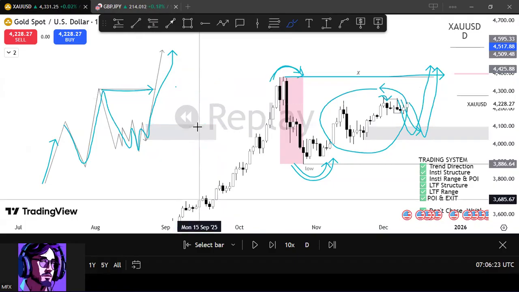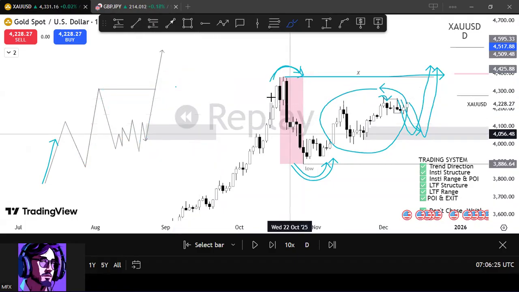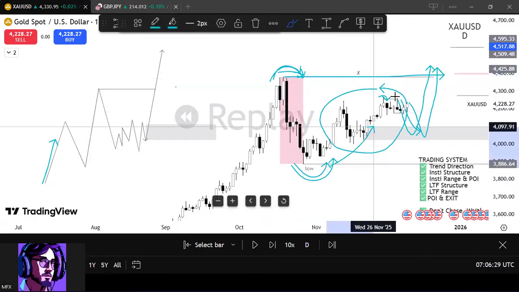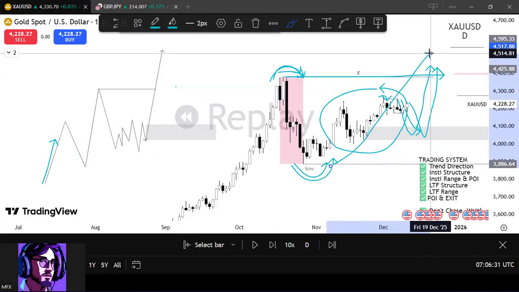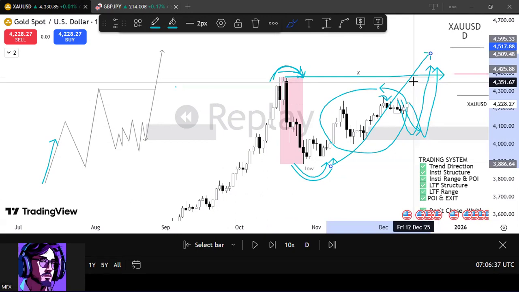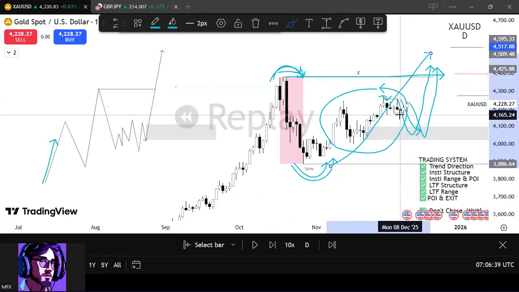So while going through that video, I discovered that I called this a range, why? It wasn't mitigated yet. It wasn't validated yet. There was no break of structure, so there was no valid reason for me to identify this as a range. And secondly,